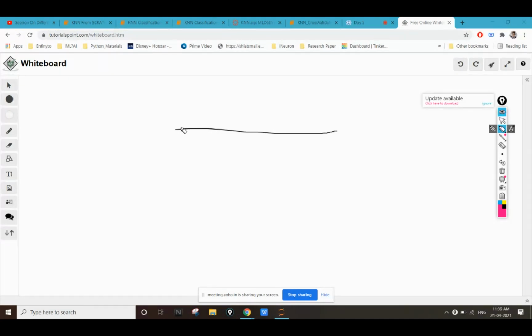By using different colors, I'm denoting different groups. Here I have 2 points of the same group, then 3 points of the same group, and then 3 more points of the same group.